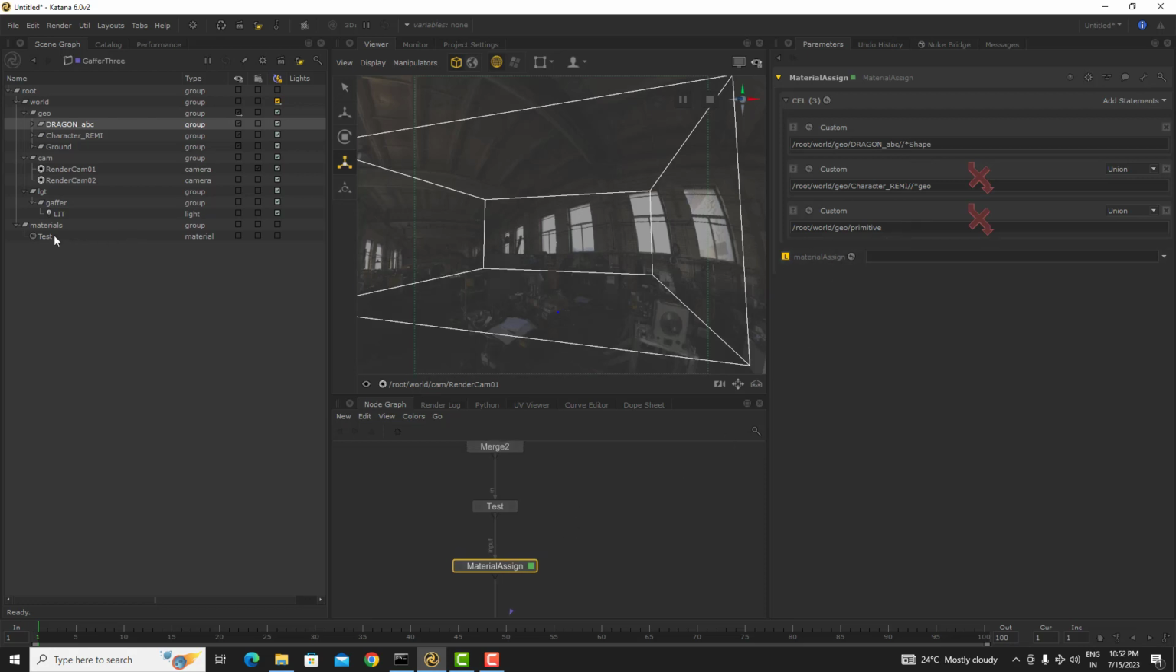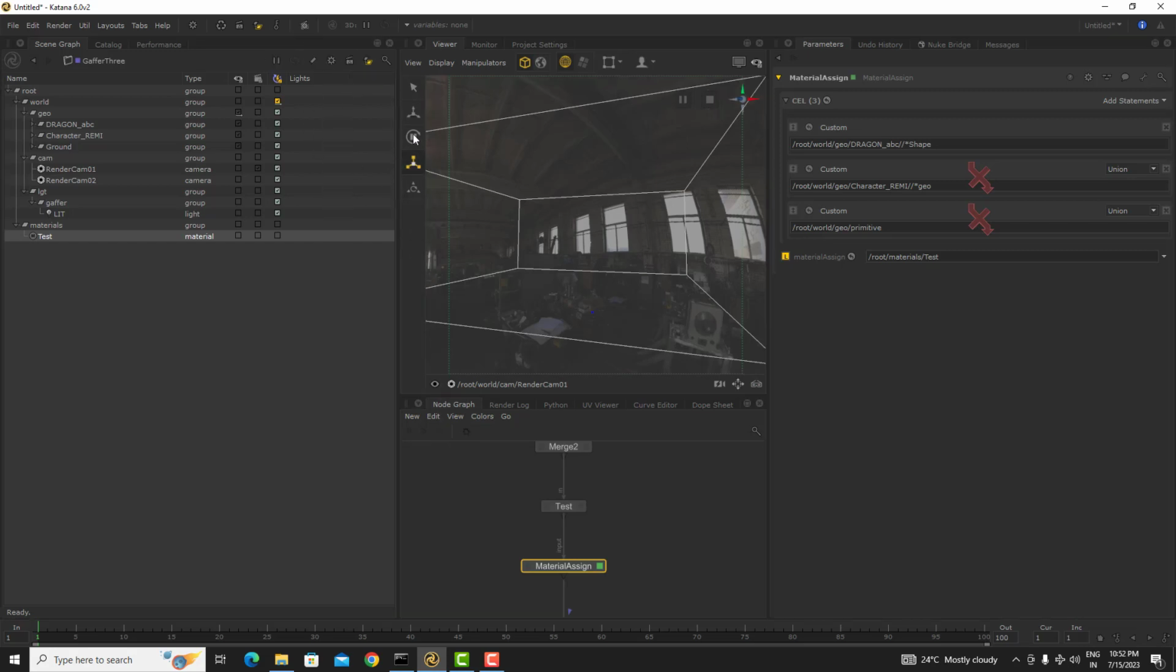In order to assign the material, first we need to connect the geometries that we want to assign to, and then we need to connect our material here like this. Once you connect your material, we need to make sure whether the material is connected or not. To make sure, you can enable a column that shows the materials that are assigned to that particular